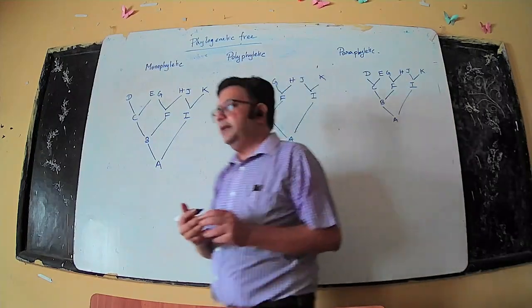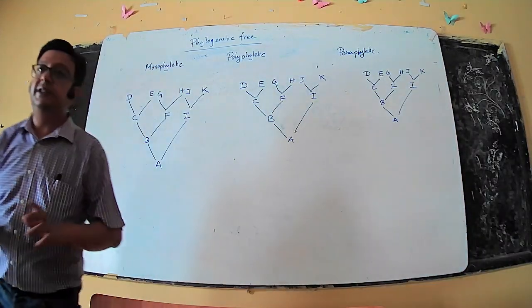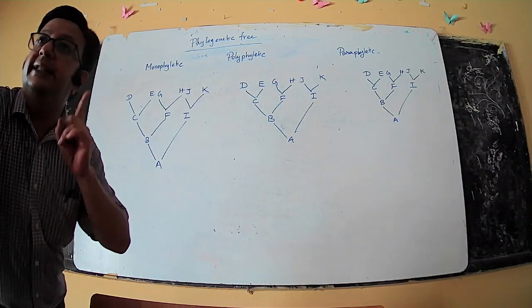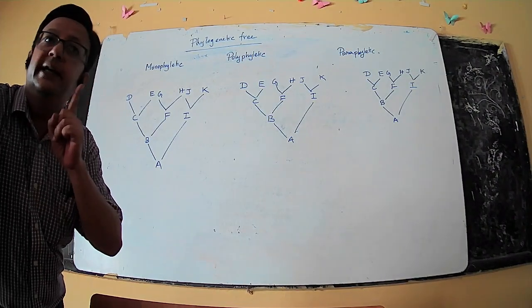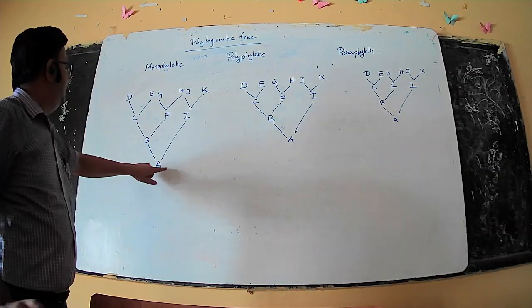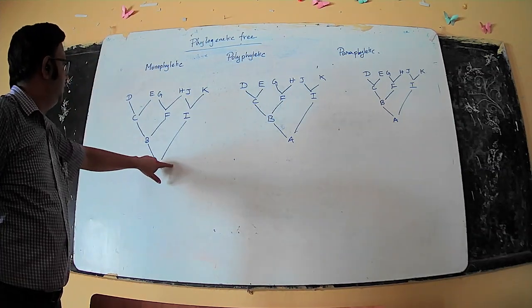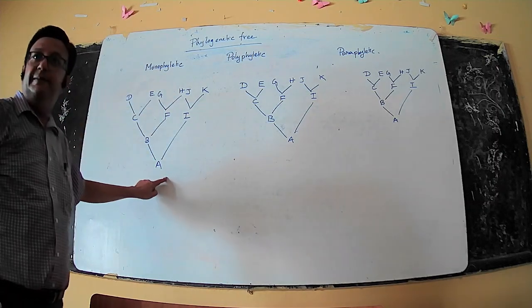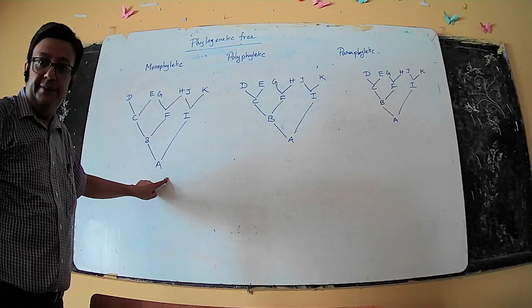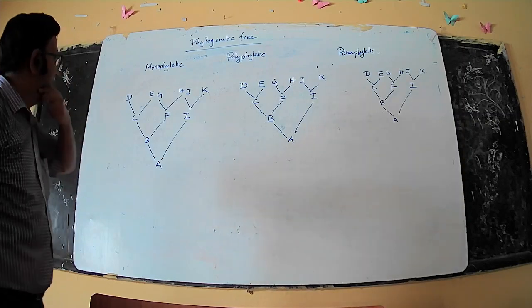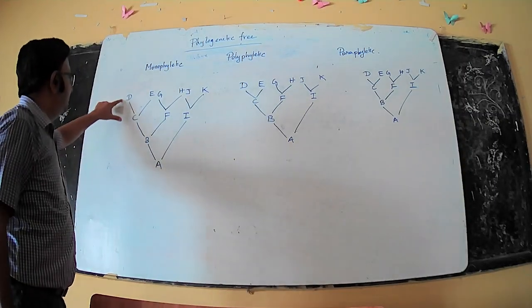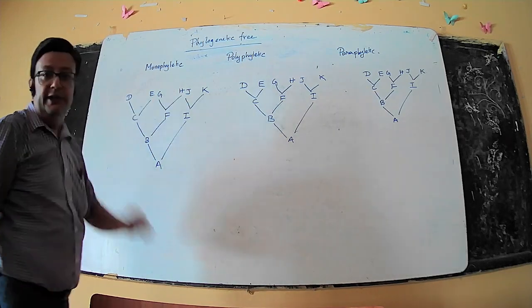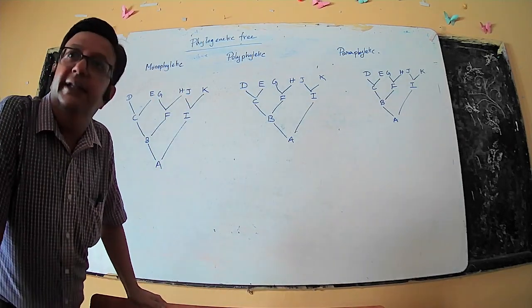Now, as per the evolutionary species concept, a species is a single ancestor descendant line. So, according to this concept, this is one single line. Okay? According to this evolutionary species,